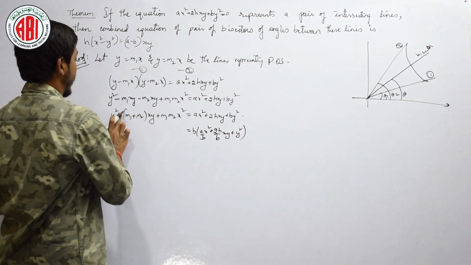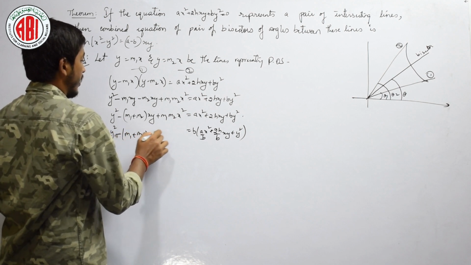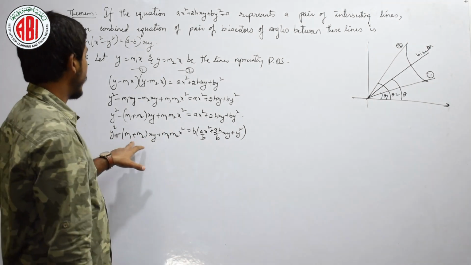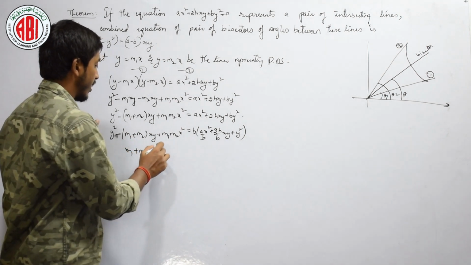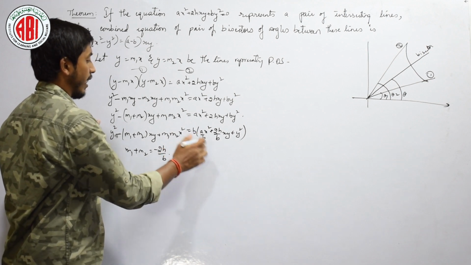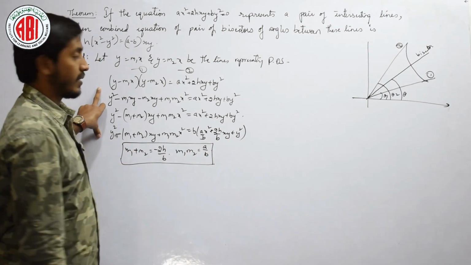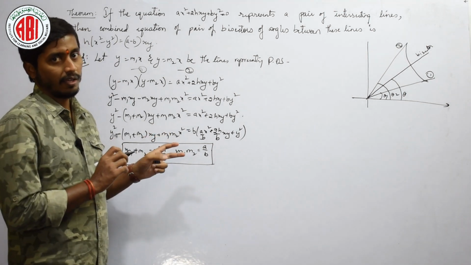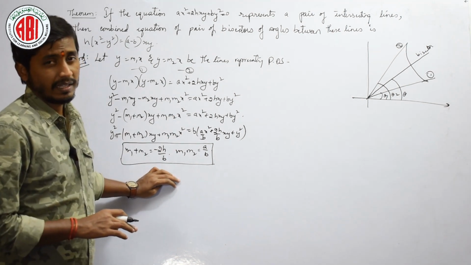Now equate, this is minus. Now equate these both terms on the left and right side. Now see here, what is m1 plus m2? If we equate, I get m1 plus m2 as minus 2h by b and m1 m2 as what is it? a by b. Is it right? Even if you do not write from this part to this part, even if you assume this and write this, it is enough for this problem. There is only for your clarification I explained it. Is it okay? Is it clear how to write that?